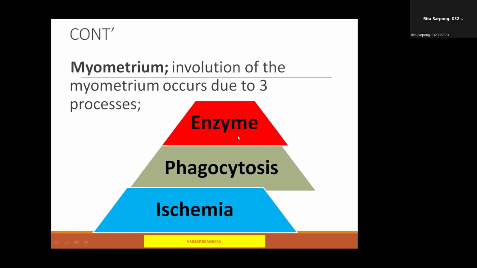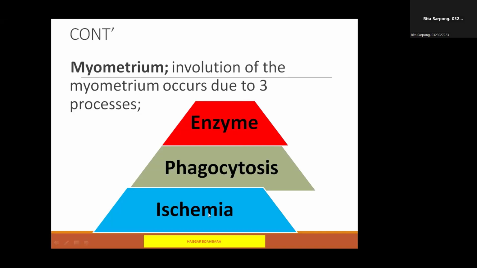Because though these processes are there, we also have to do physical exercises and look at our diet so that the process will be complete. Okay, it's very, very important. So as we know all this process, we still have to educate them on how to go about their exercise and then their diet. Then we look at the ischemia, and we say here, after delivery, there will be contraction